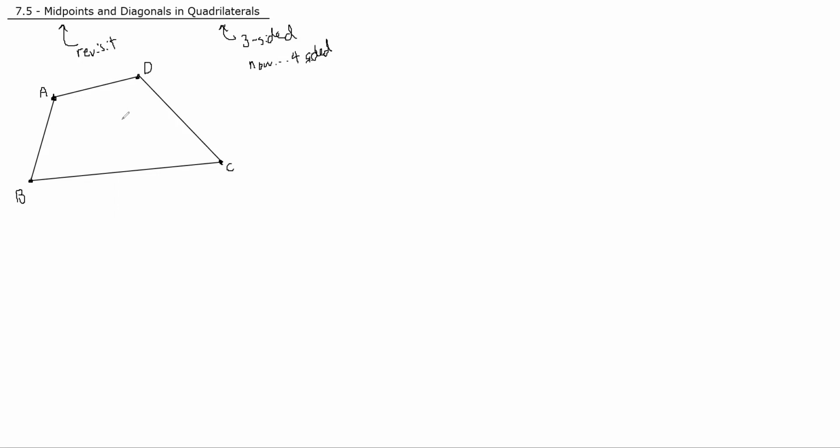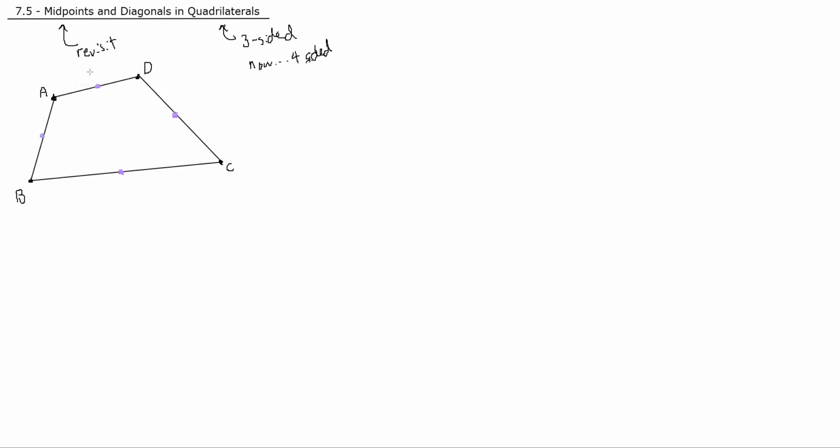If the midpoints of a quadrilateral, 1, 2, 3, 4, connect with each other, what's interesting about this is that you will always get a parallelogram. By example, here is one. Let's choose a different color that you can see nicely. Midpoint, eyeballed that. Midpoint, eyeballed that. Midpoint, eyeball that. Midpoint, eyeball that. If I were to connect,